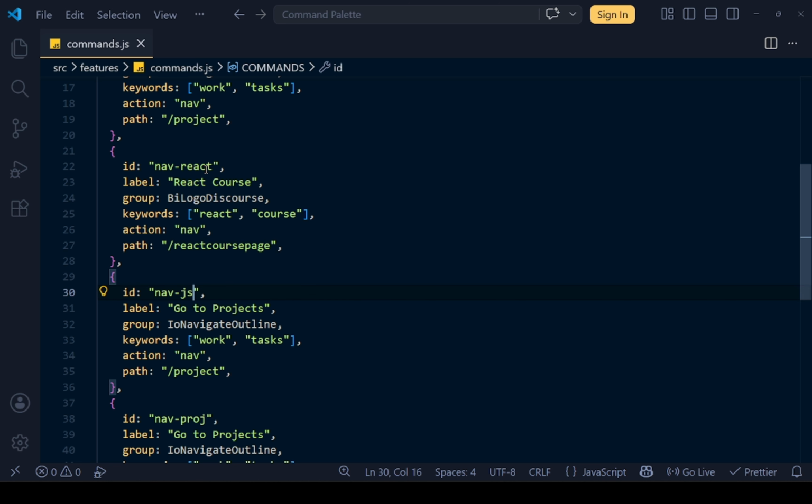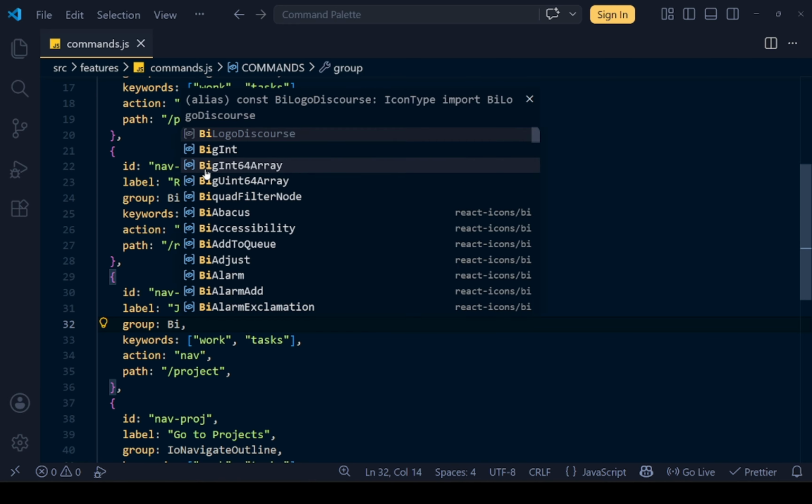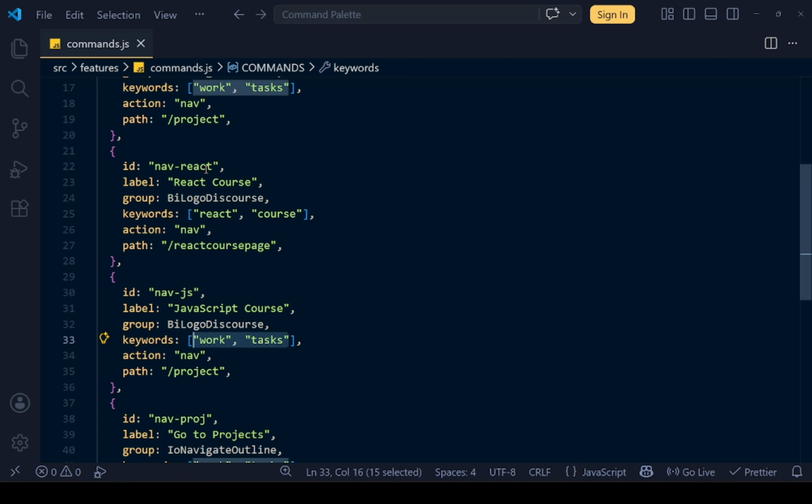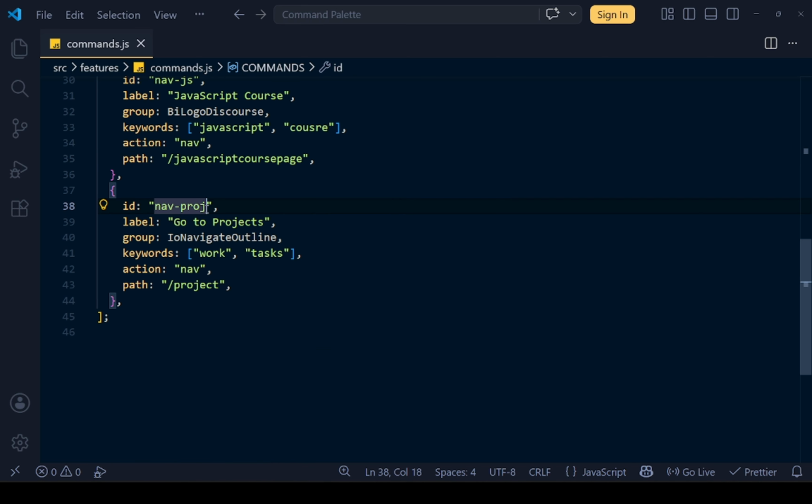The second course entry has an ID of nav-js, a label of JavaScript course, the same icon, keywords of JavaScript and course, and a path of /javascript-course-page. The third has an ID of nav-ts, a label of TypeScript course, the same icon, keywords of TypeScript and course, and a path of